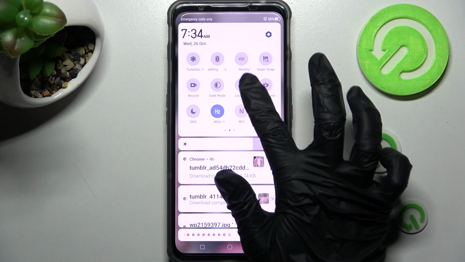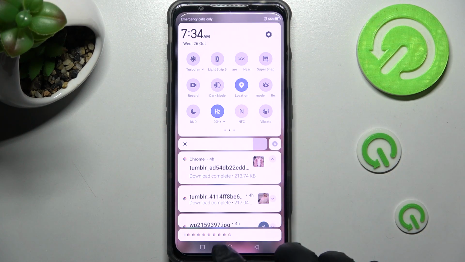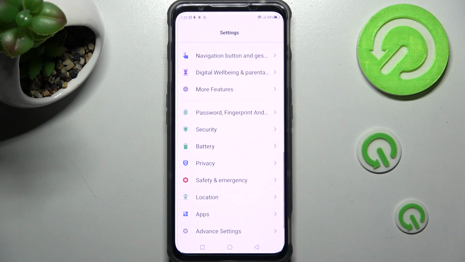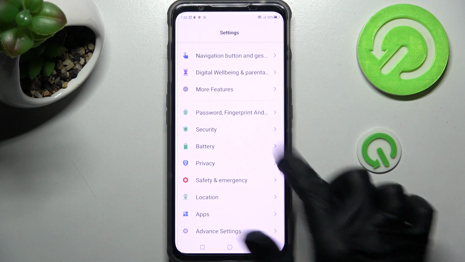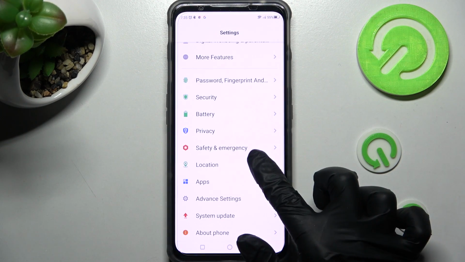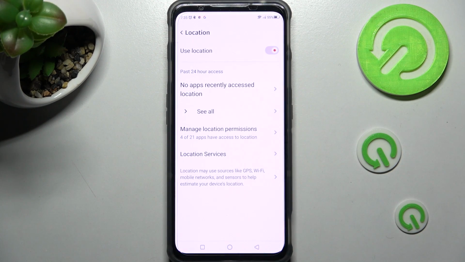shortcut once again. If you wish to, you can always go into settings as well and look for location section over here. Then click on it and manage location of this smartphone by tapping on the switcher next to use